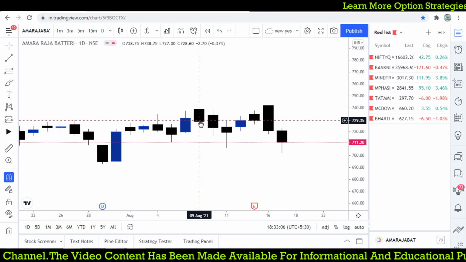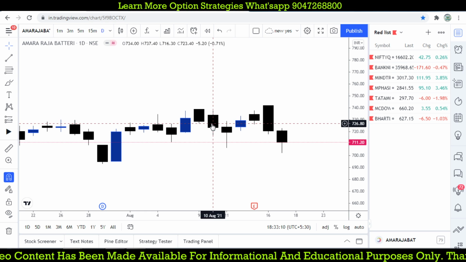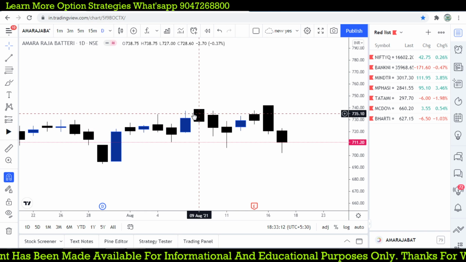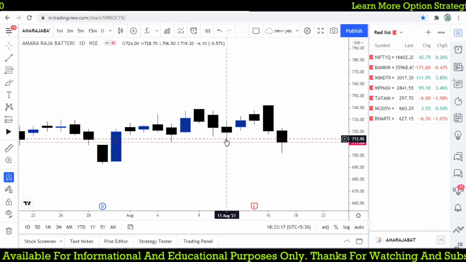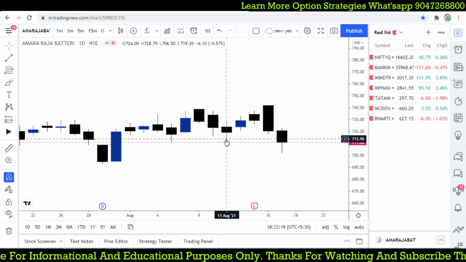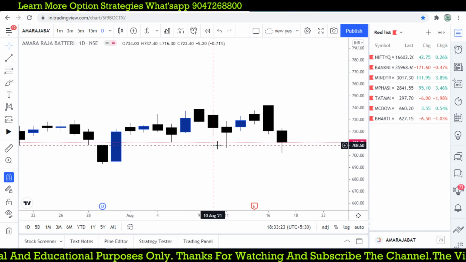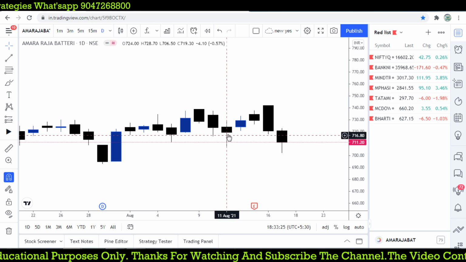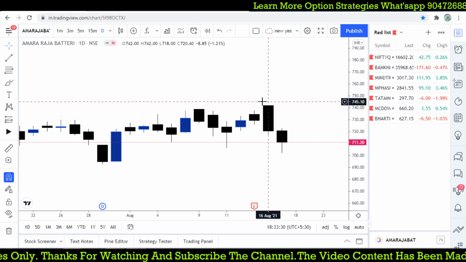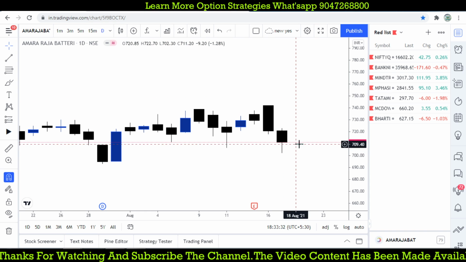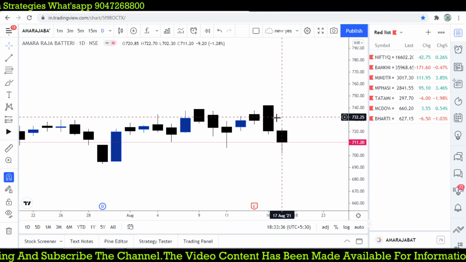If I take the trade whenever the market breaches below that low, it breaks and moves toward 706. From 727 it moves within 2 days to a low of 706, almost 20 points of profit. After that it moves up again, and there is a hammer kind of pattern. Once it is broken, it started moving up again. Today it made a low, but meanwhile the stop loss got triggered, and today it